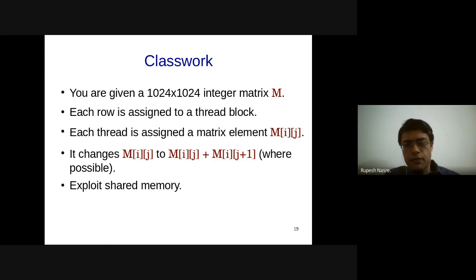Sumit has suggested that we can have __shared__ A of 1024. That is correct. You will require that shared memory area to be defined that way. Shared current thread equal to 0. Amit is suggesting that if threadIdx is the current thread and j+1 is less than 1024, then you perform. So Amit, this will work. Seems to be correct to the extent I can see,